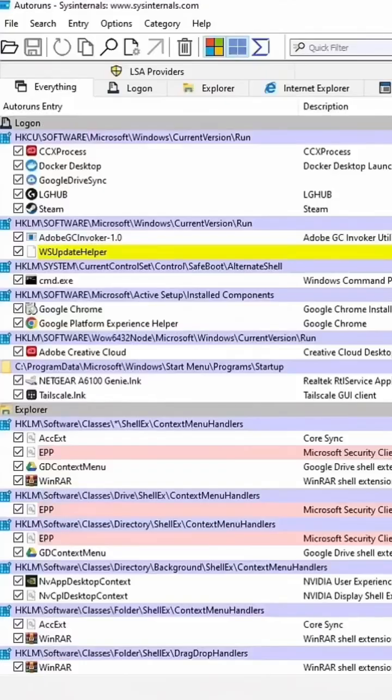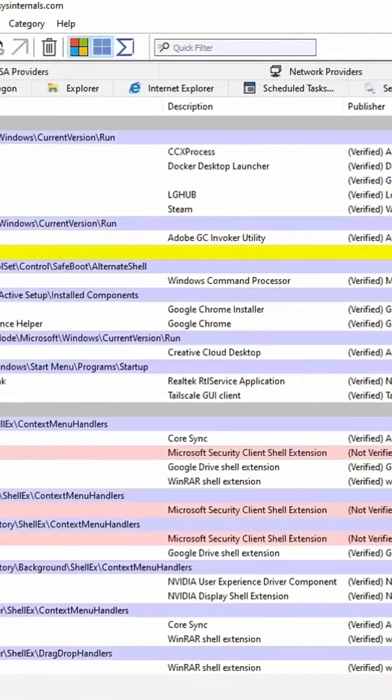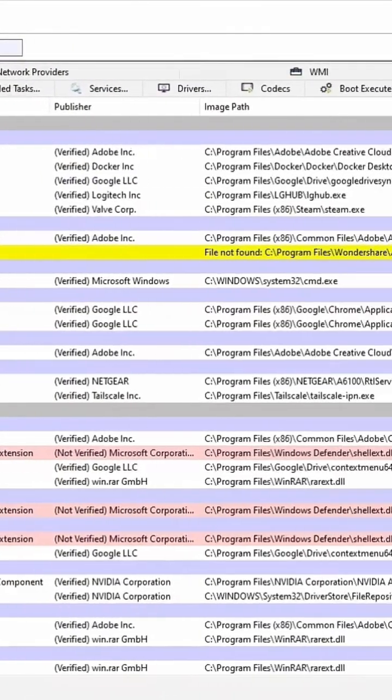When you find something suspicious, do not delete the entry immediately. Just uncheck the box next to it. This disables it without removing it, which means it's reversible. If you turn out to be wrong, you can re-enable it later, but if you delete an entry, you can't easily get it back. Once you've disabled the suspicious entries, reboot your computer,